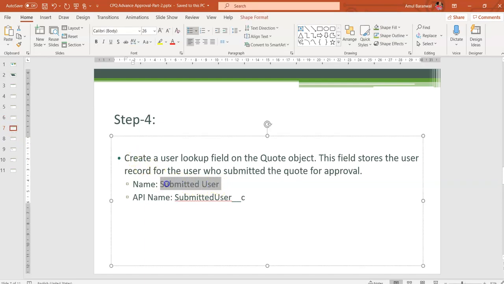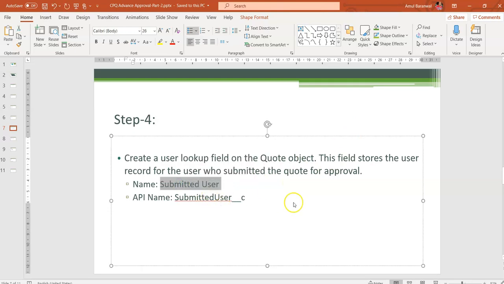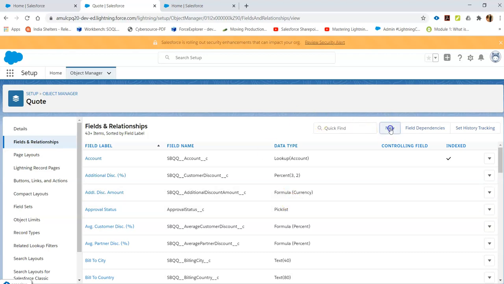You'll have to create one user lookup field on the quote object. The purpose of this field is to capture the user who submitted the quote for approval. It's the user lookup field on the quote object.